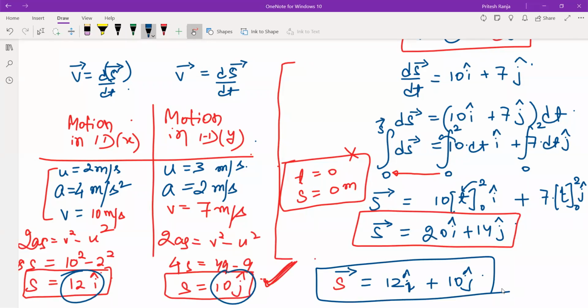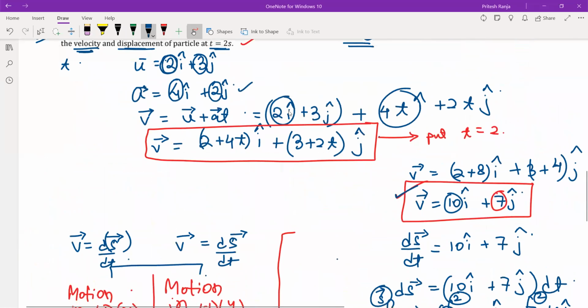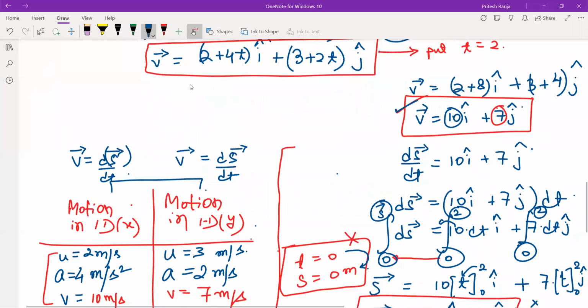Is this understood? Why this will be true and why this will not be right? Because here we considered at t equal to 0 displacement is 0. Observe the limit, right? And this may not be true. But the result that we are going to get using this, that will be always valid. Now, if the question would have given that assume the position of the particle to be 0 at t equal to 0, तब हम ये लगा सकते थे, तब इससे और इससे सेम रिजल्ट मिलता.